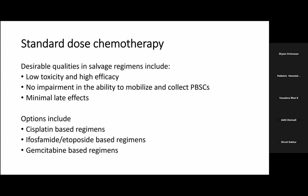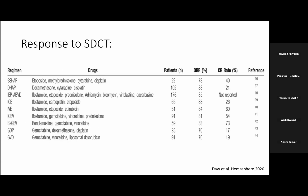The options: there are no standard salvage chemotherapies, but they are often grouped into cisplatin based, ifosfamide based, or gemcitabine vinorelbine based regimens. This table shows you the summary of all the regimens which are available. I'm pretty sure even in this group, many of you would have used many of these regimens,